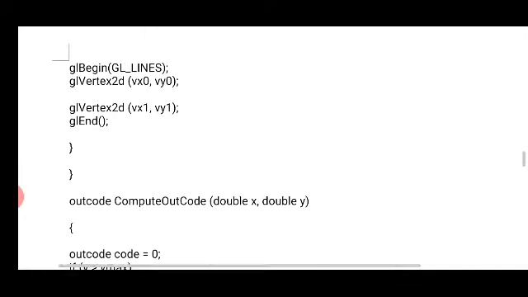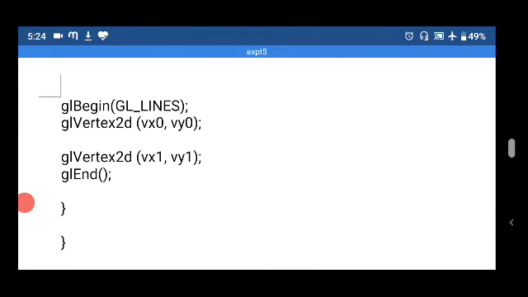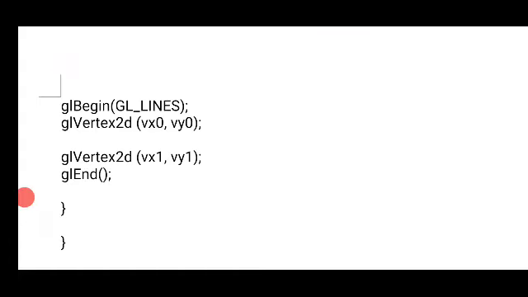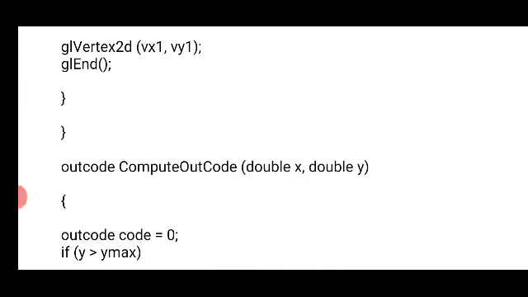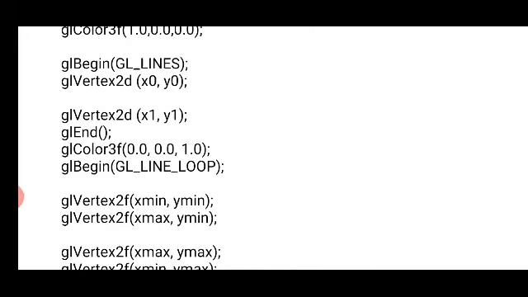After that you draw the line. You have found the two vertices of the line after clipping, vx0, vy0 and vx1, vy1, and you draw a line with these two vertices. This is how the Cohen-Sutherland line clipping algorithm works.